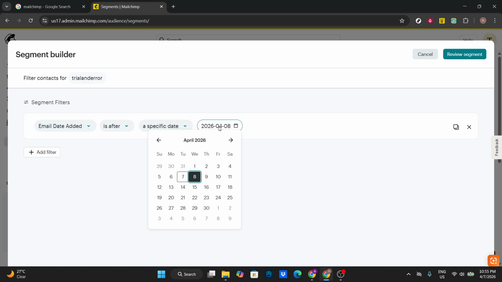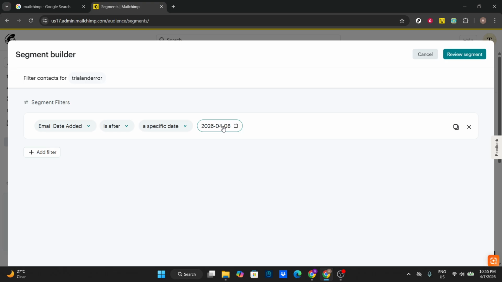If you want to narrow it down further, you can add more filters. Use the Add Filter option to stack additional rules. You can combine demographic data with engagement signals, for instance, to build a highly focused audience. Keep an eye on whether the logic is set to match any or all conditions, since that changes how strict